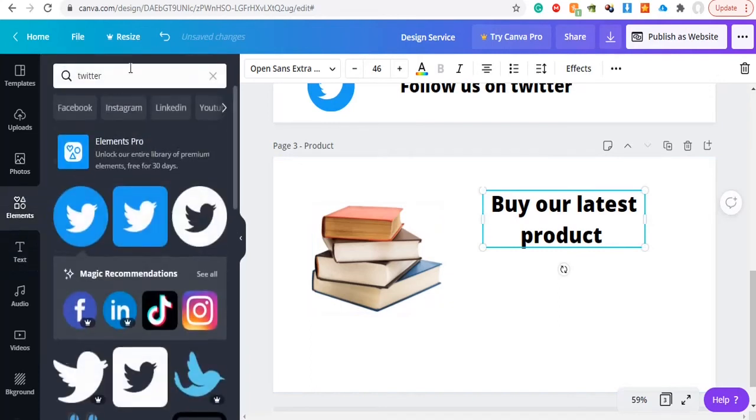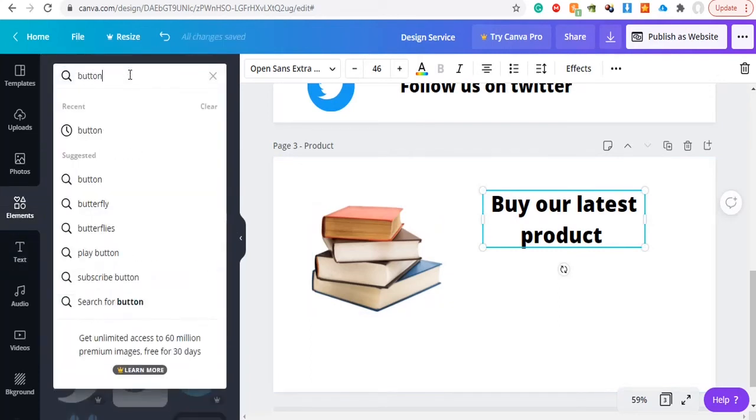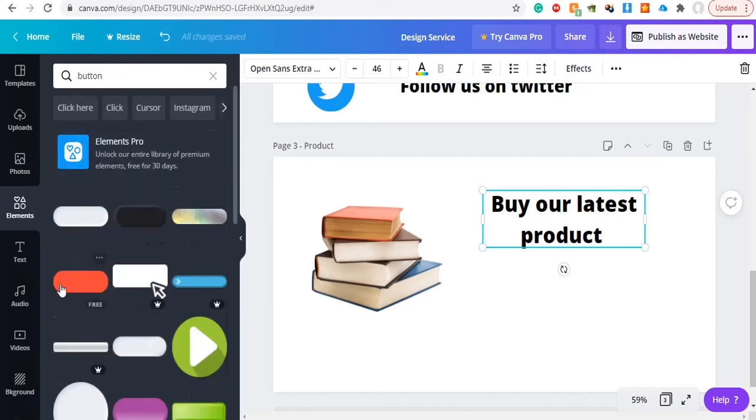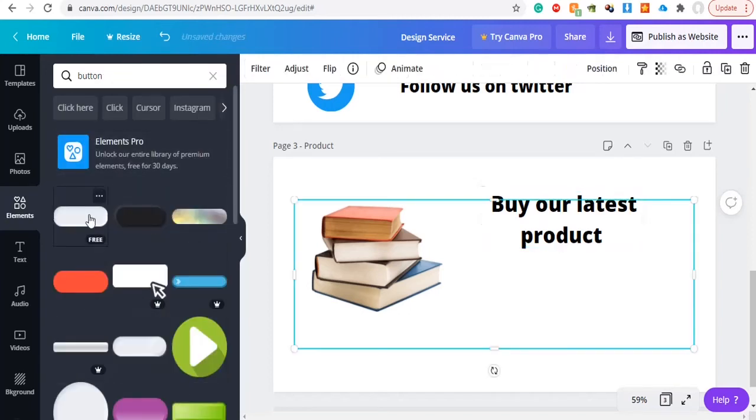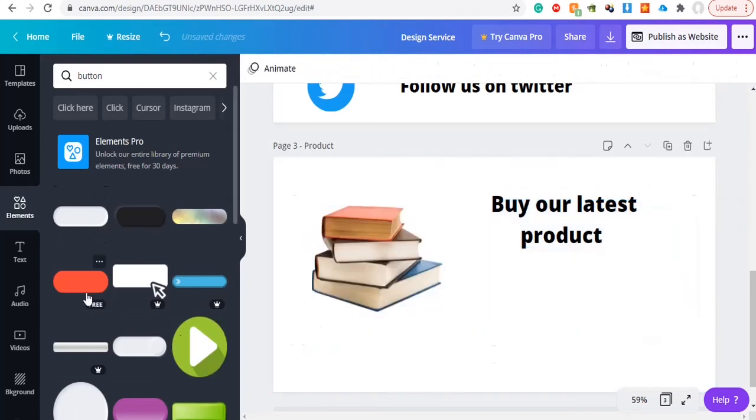Now you can go to elements and search for button. You can click on this button, or I think let's delete it and take a better button.